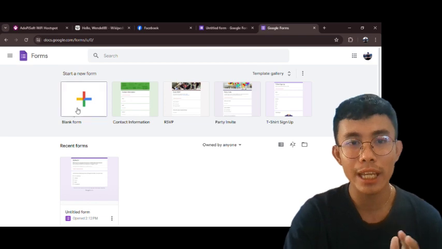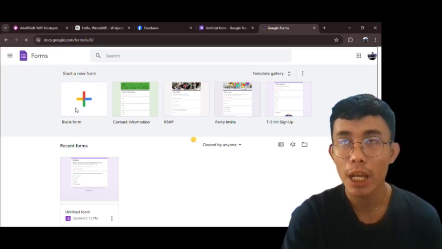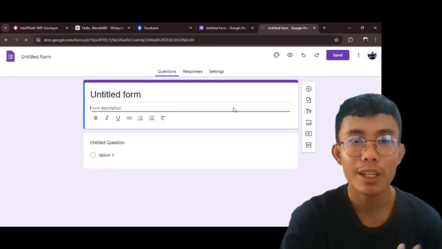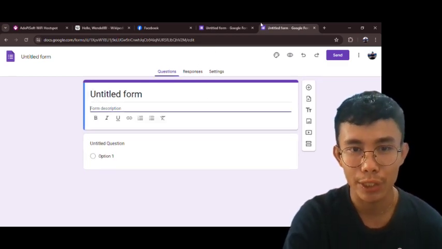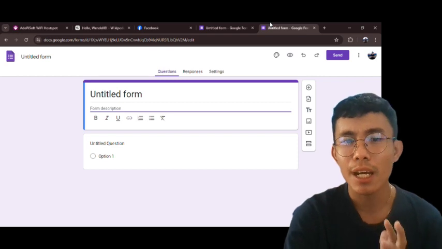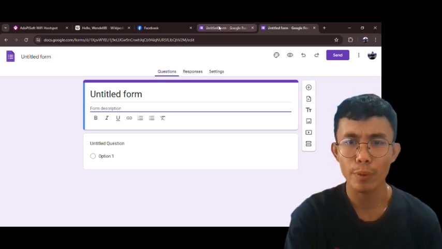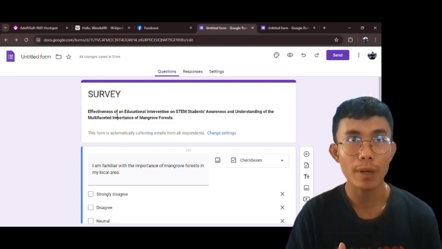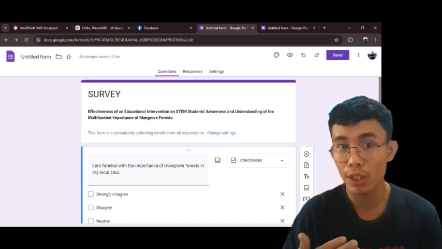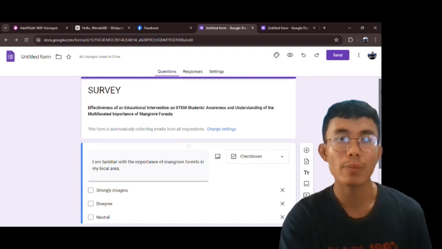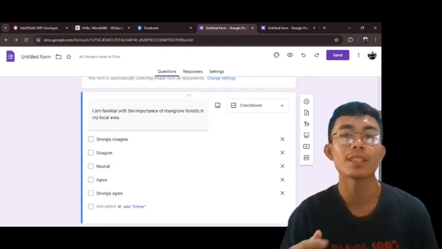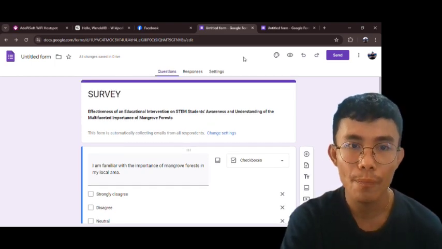So, in this case, I utilize my research thesis paper entitled Educational Intervention on STEM Students' Awareness and Understanding of the Importance of Mangrove Forest. Nilagay ko yung mga survey questions ko: I am familiar with the importance of mangrove forest, strongly agree, neutral, disagree, strongly disagree.